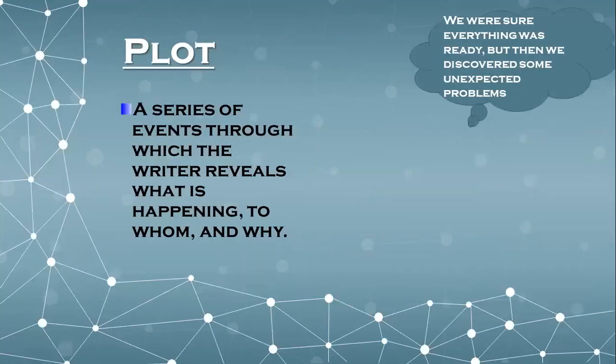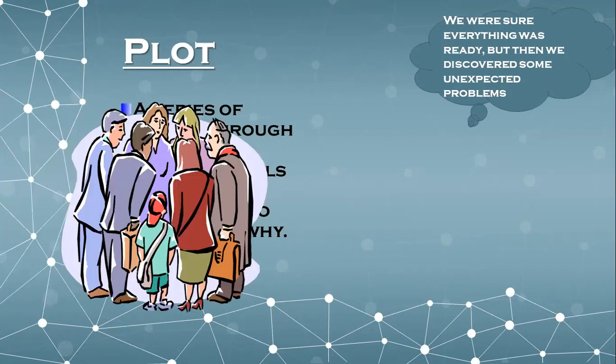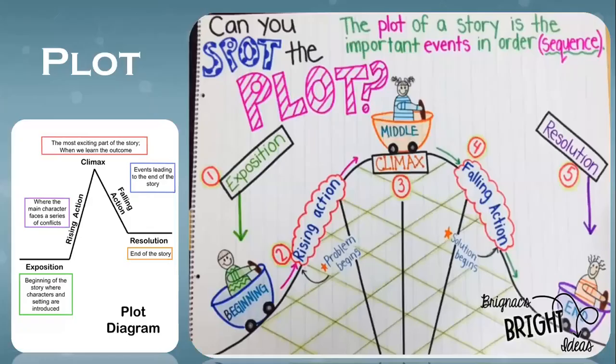Now we're going to take a look at the plot. Okay, like the series of events that take place in the story. A series of events through which the writer reveals what is happening to whom and why. We were sure everything was ready, but then we discovered some unexpected problems. Okay, so if you take a look at the picture, you will notice how the plot, as I told you